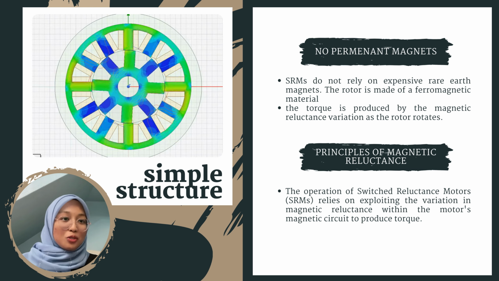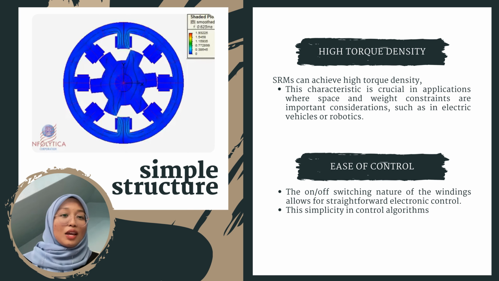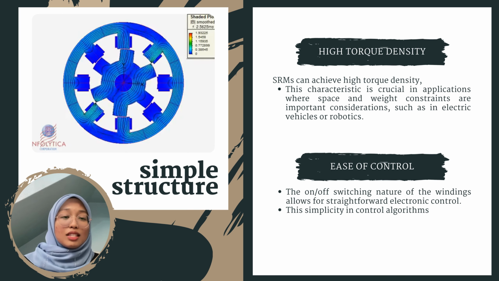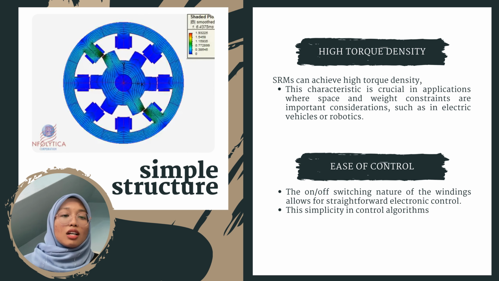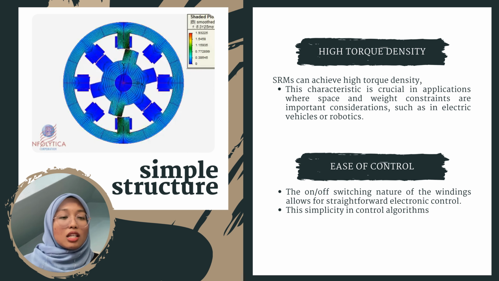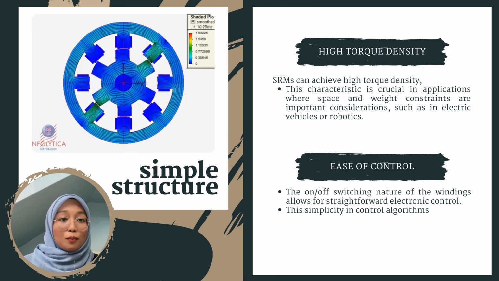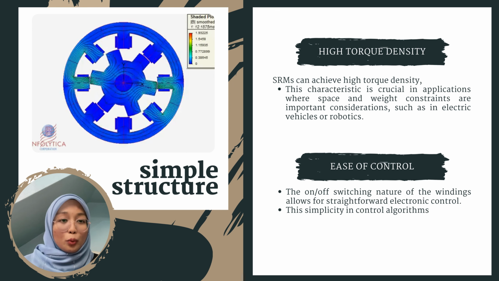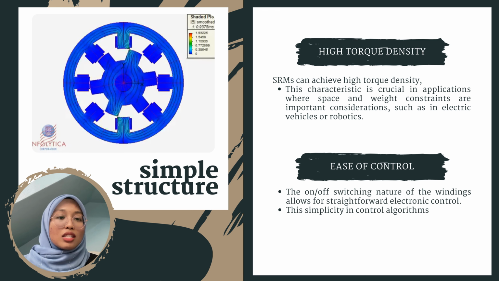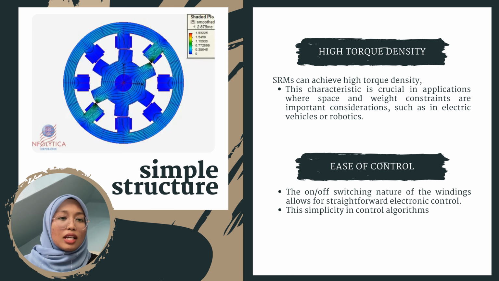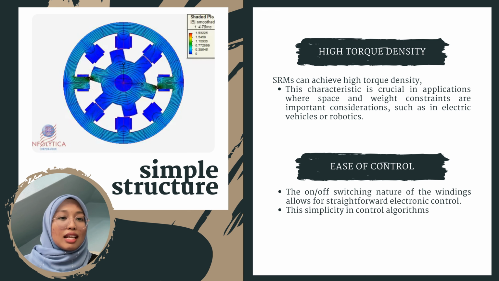simplicity of the motor. Next, we have high torque density, which is that SRMs can achieve high torque density, providing a significant amount of torque per unit volume and or weight. This characteristic is crucial in applications where space and weight constraints are important considerations, such as in electric vehicles